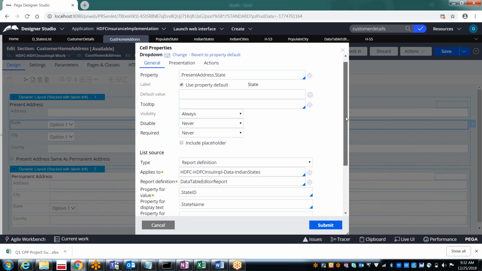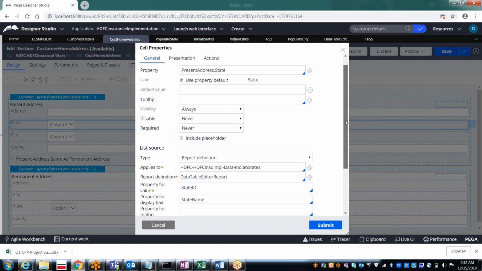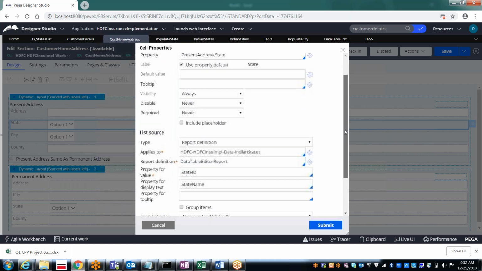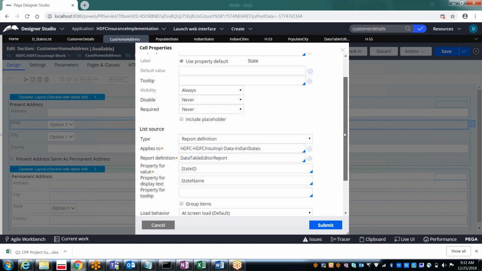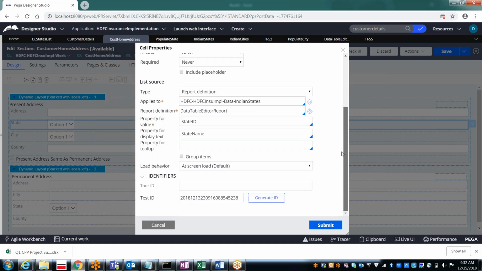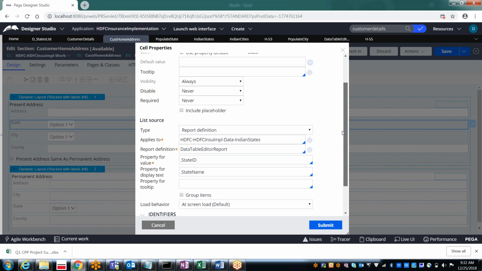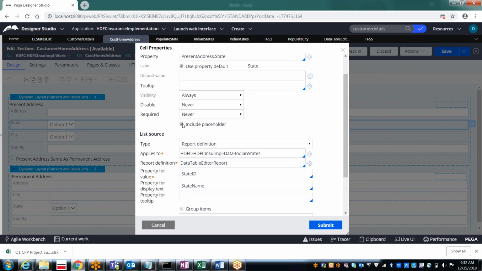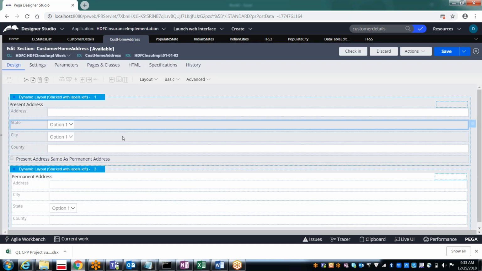So we know, right? The default value you can give. Include placeholder. Under the include placeholder, we can use select, submit.